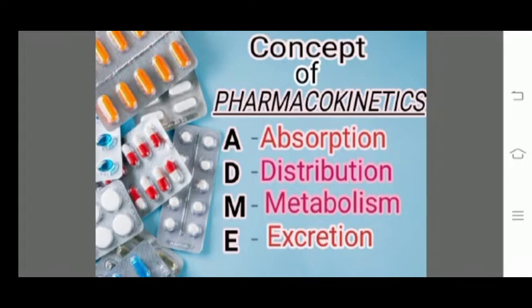Now what does the liver do? The liver does some chemical changes to the drugs. But why? Because suppose the drug that comes to the liver is lipid soluble, but the liver does not allow lipid soluble drugs to be excreted. So it is first converted into the hydrophilic one and then excreted. So the third and the fourth steps will be metabolism and excretion respectively.